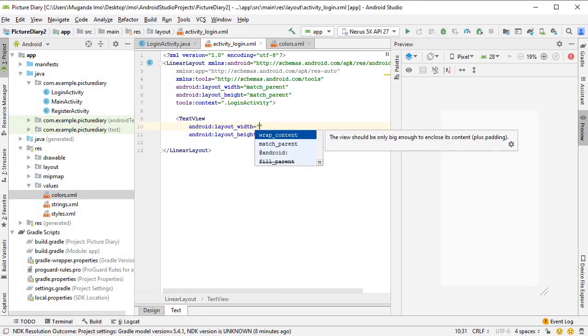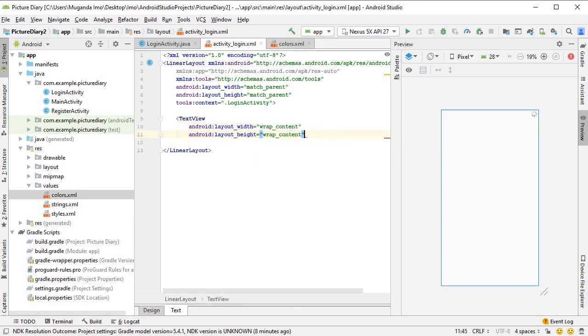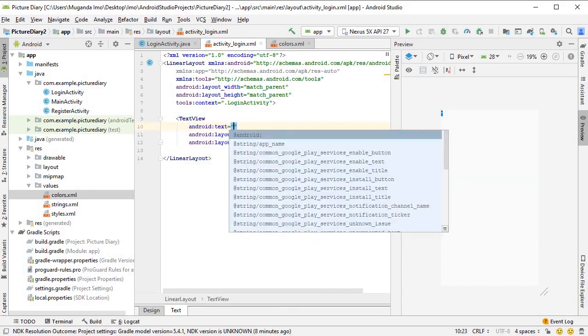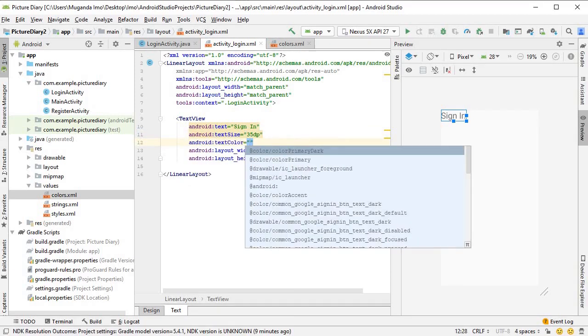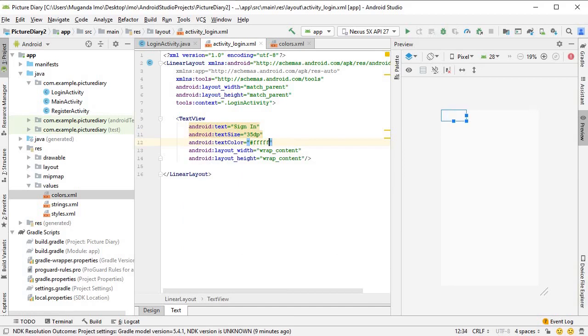So let's put wrap content and wrap content. Close that, and the text will be sign in. Right, text size, let's put that as 35 to begin with. We'll see if we need to change it. And color will be white, so hash and yes. Okay, so the reason it's white is because I'm going to also change some of the attributes in the